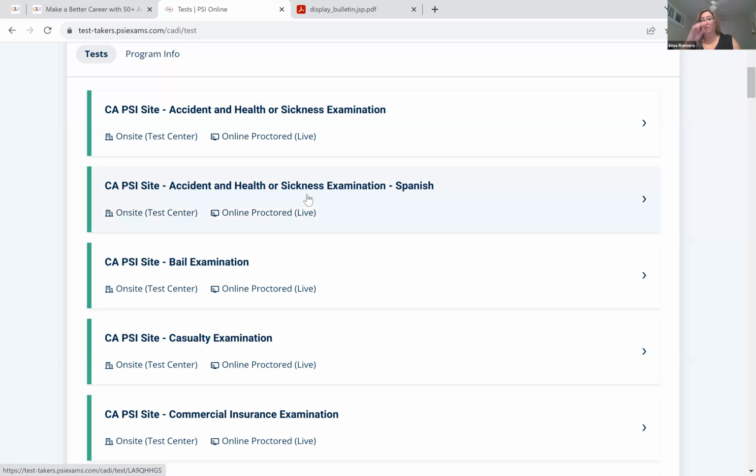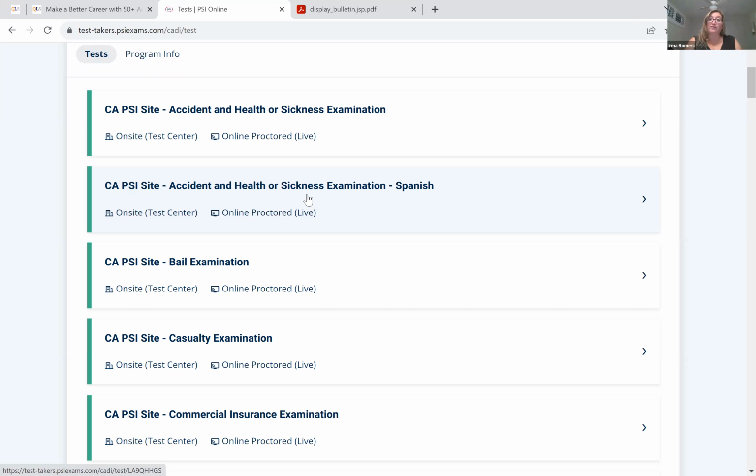That's only one part of another license. So if you're one of our students, we have had students make errors before. We generally advise most of our students to get the 2-for-1. Take both the life with accident and health. It may be a longer exam, but you're paying one exam fee, one licensing fee, and you're getting the authority